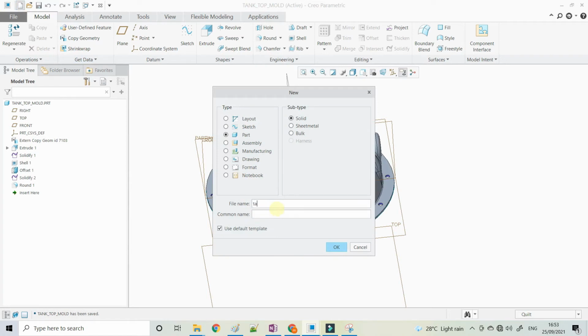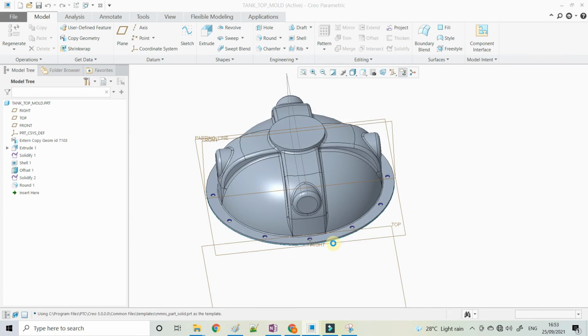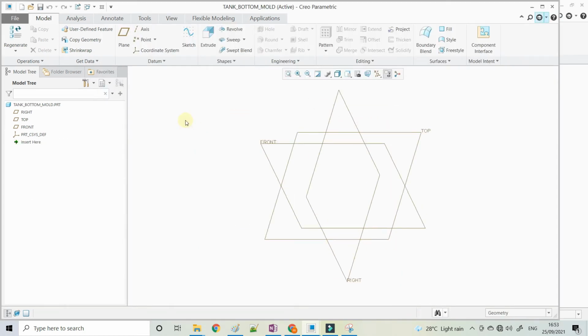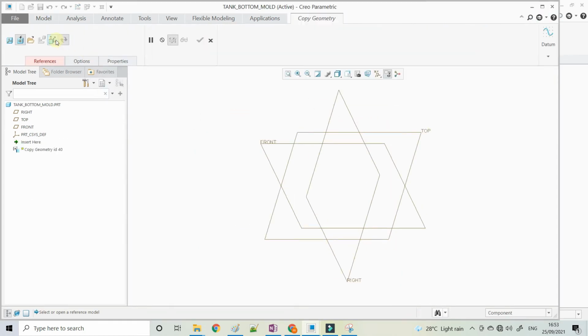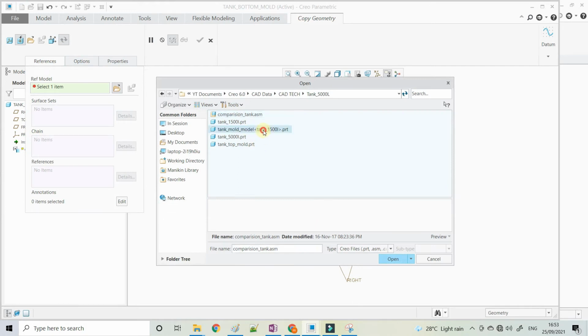Now we will create the tank bottom mold. Here also the same procedure: click on copy geometry, unselect the public geometry and call the instance, that is our mold model.